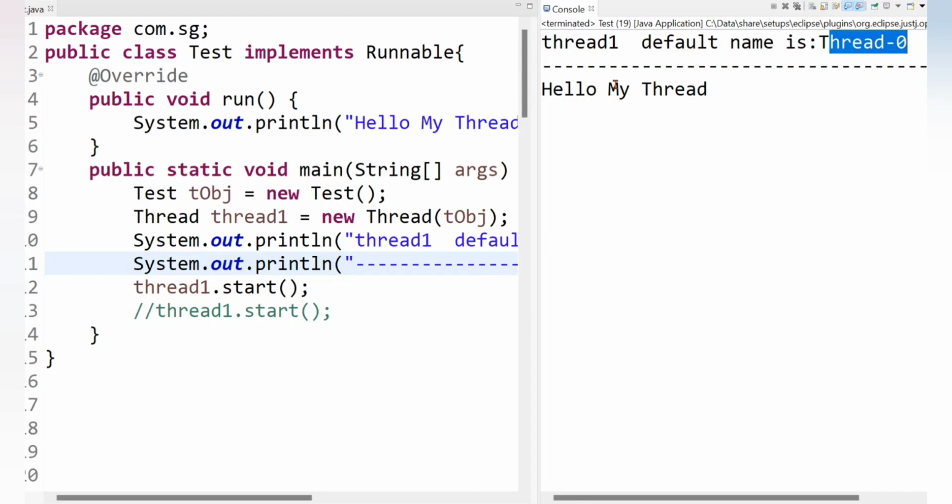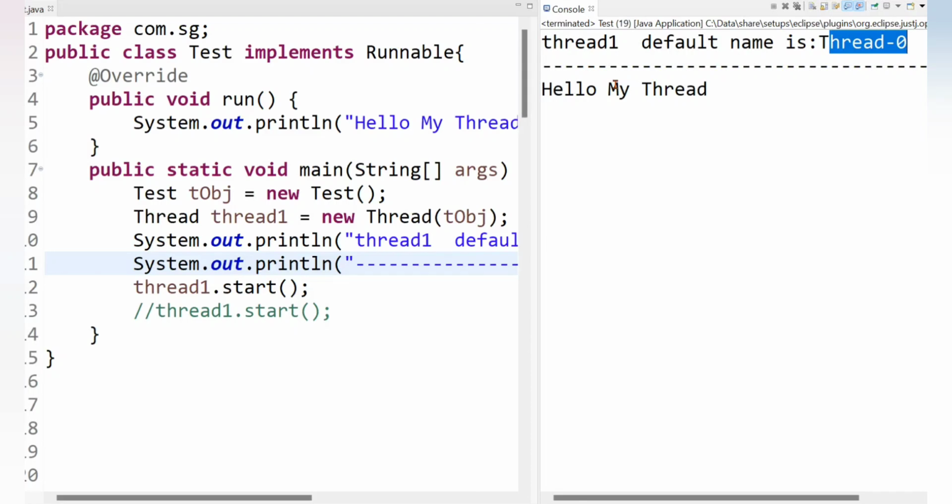Because if an exception occurs in a thread, the thread name is often included in the error message, and this can help you quickly identify which thread causes the error. And if we give a meaningful name to the thread, for example, suppose a thread which is responsible to perform the task of database connectivity, then name that thread as database connection thread. It can help to quickly identify a thread, right? And therefore giving a meaningful name to the thread can help to quickly identify the thread and its related task.